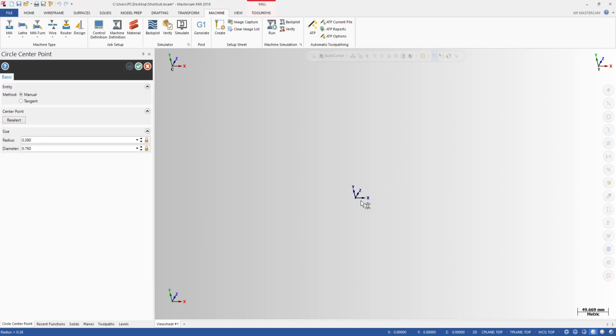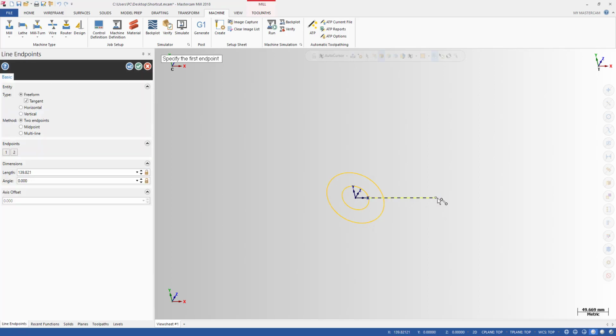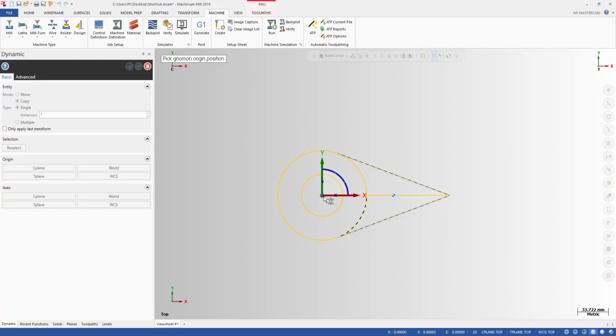Alright, you're gonna see, you can see I use the shortcut all the time, from creating the entity, trimming and breaking. Here I'm doing the breaking using the shortcut like this, and then I use the shortcut to rotating the entity,